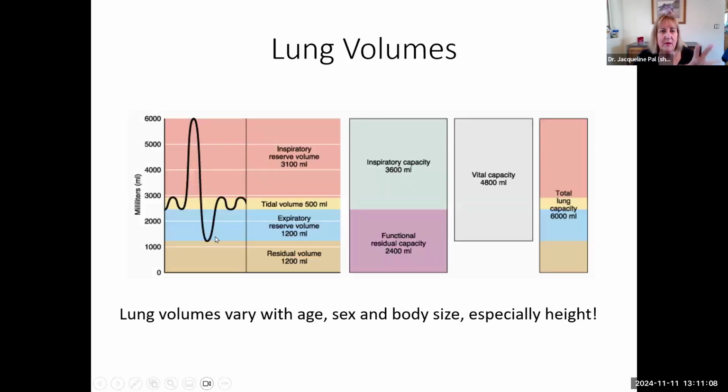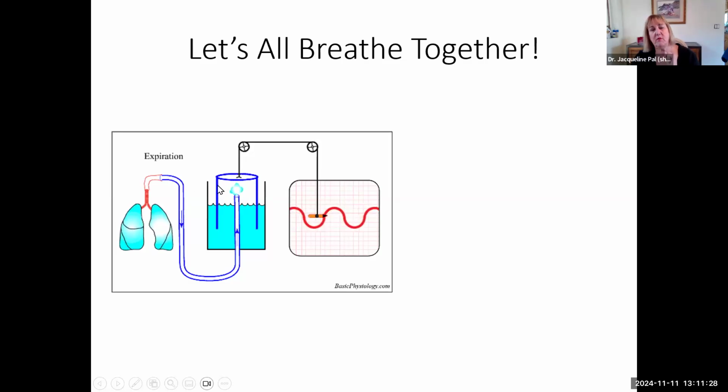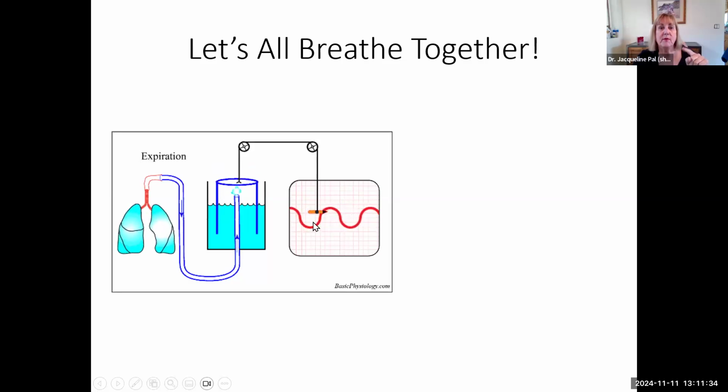And here's an example of various lung volumes, a tracing that would be done, and the words. So let's go through this one by one so you understand. And then when you're done, you can come back and you will know what all these words mean. So to measure lung volumes, basically, you would be hooked up to a breathing machine and a tracing would be done. And so what I want you to realize, when you inhale, the tracing goes up, and when you exhale,